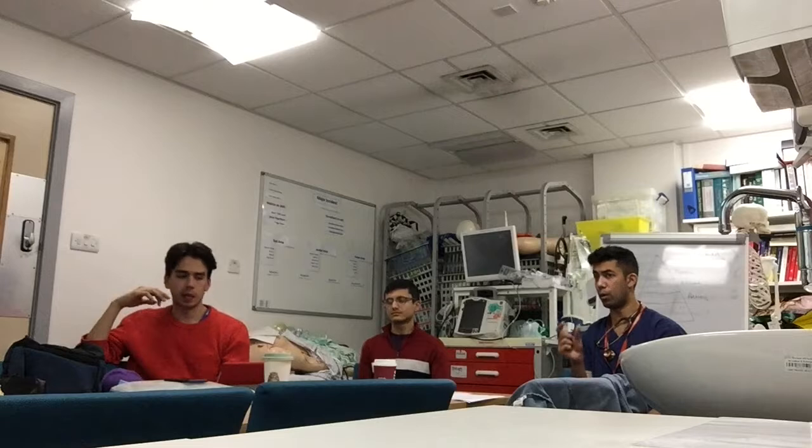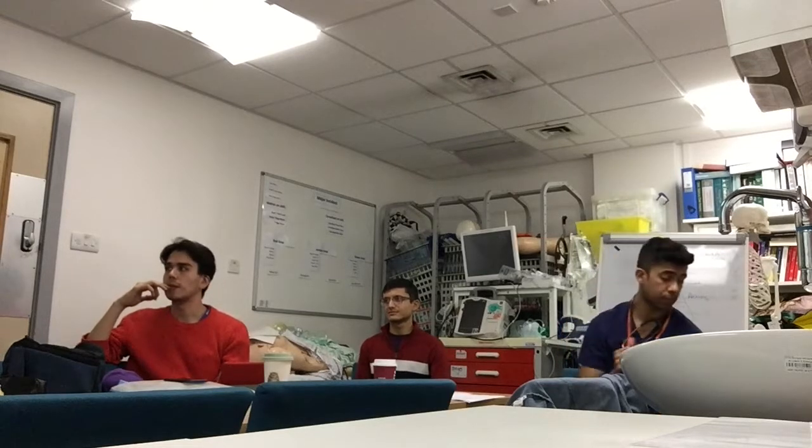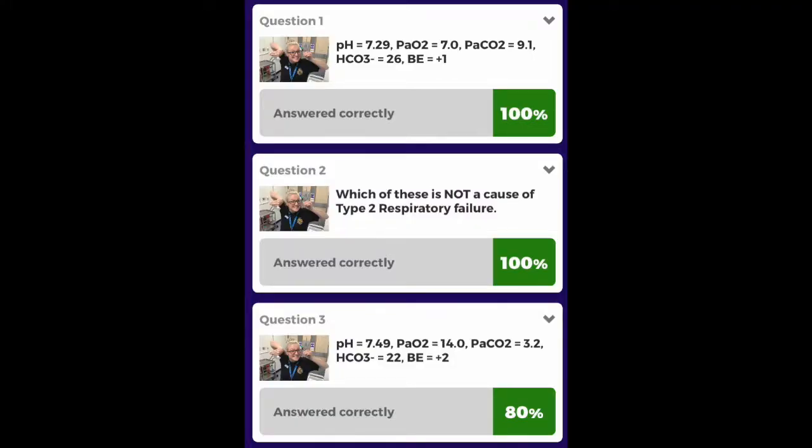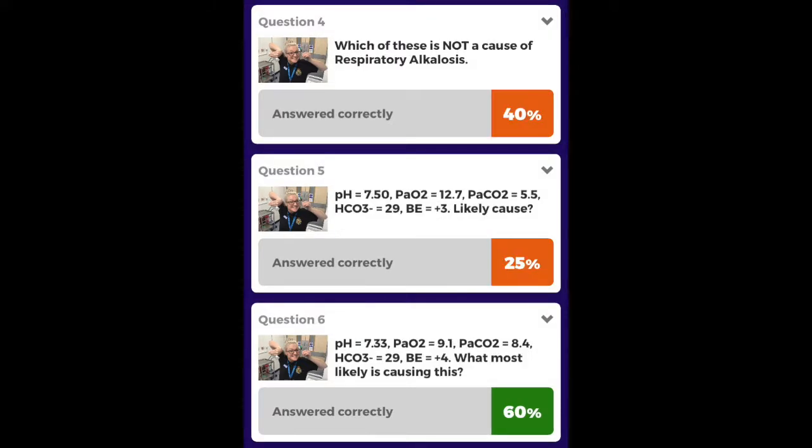So because of that, you don't want to obliterate their respiratory drive, only remaining hypoxic, by giving too much oxygen. Spot on. Very impressive. All right, guys, so learning points. We learned a little bit about compensation there, about chronic COPD from the questions, and I think respiratory alkalosis and metabolic alkalosis are probably the ones we've had a bit of trouble getting through. So I'll say learn the reference ranges for bicarb in particular.